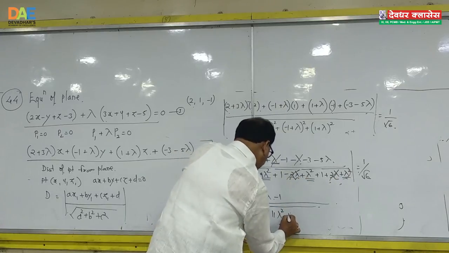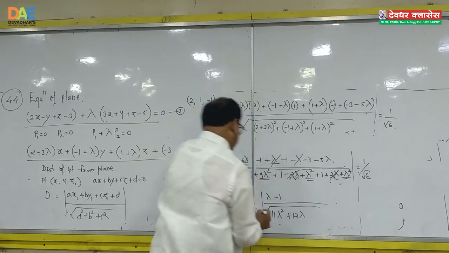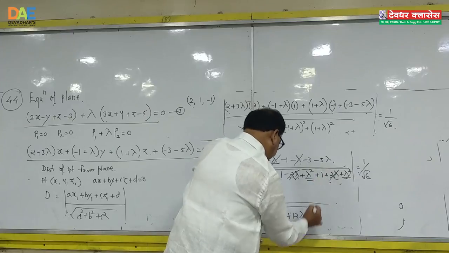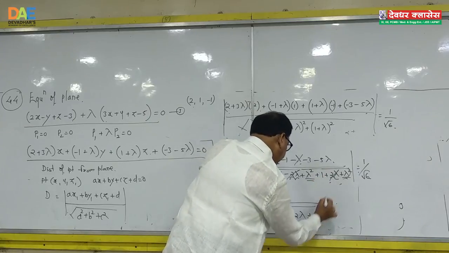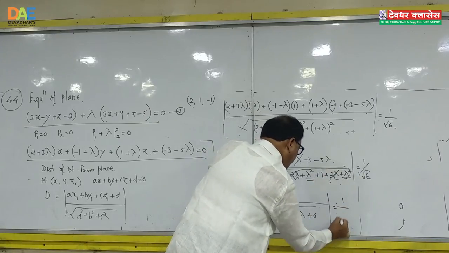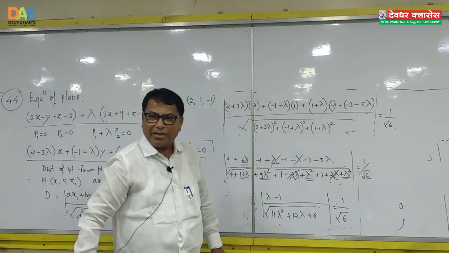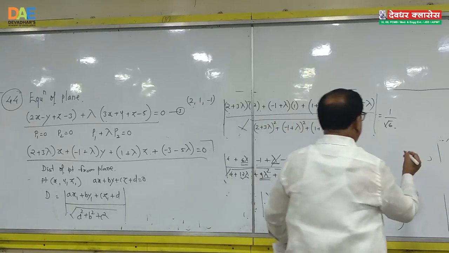So we get +12λ, and 4 + 1 is 5, 5 + 1 is 6, that is +6, equal to 1 upon root 6. So therefore, squaring both sides